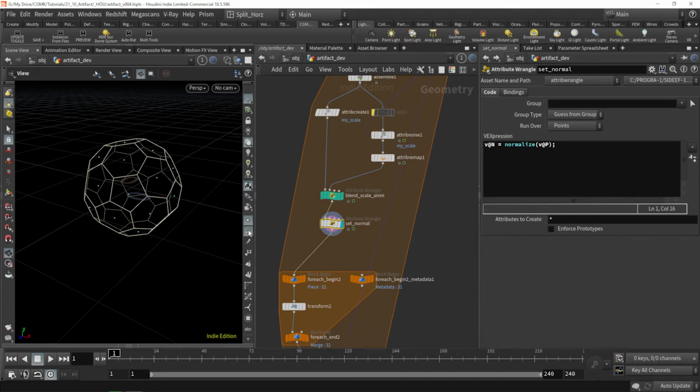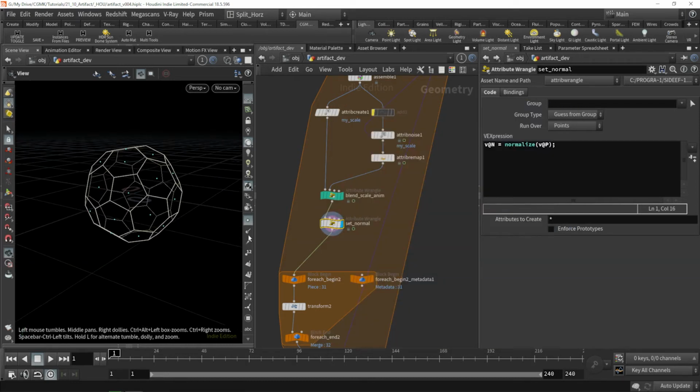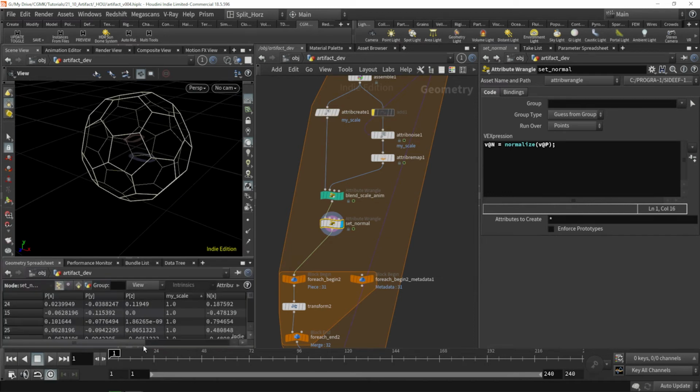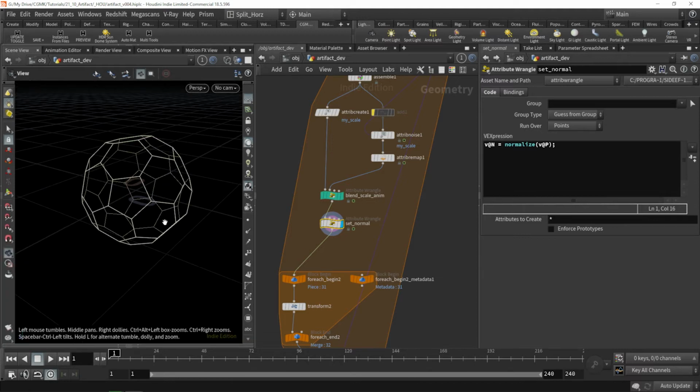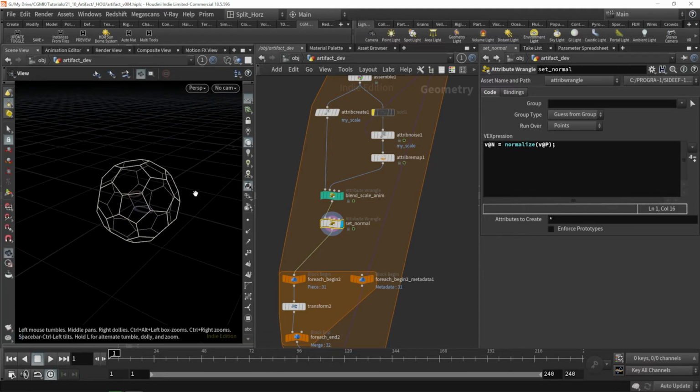Not really, but they are there. Let's middle mouse button and check. We do have the normals, so everything's good. Let's just trust that they're there. We can always check the spreadsheet as well. So we do have a vector normals. Nice. Now, the next step is going to be for us to actually animate that based on